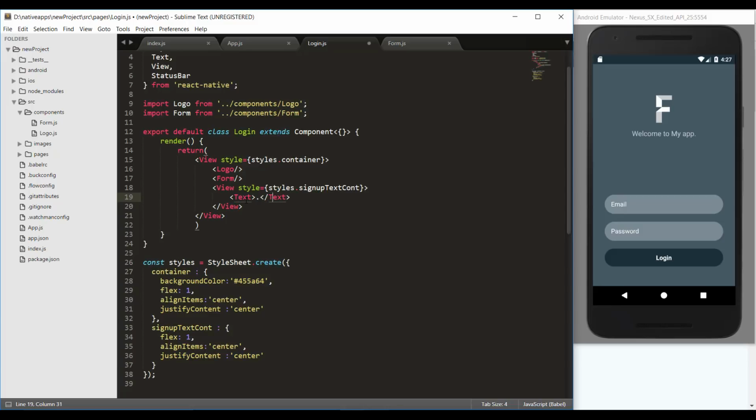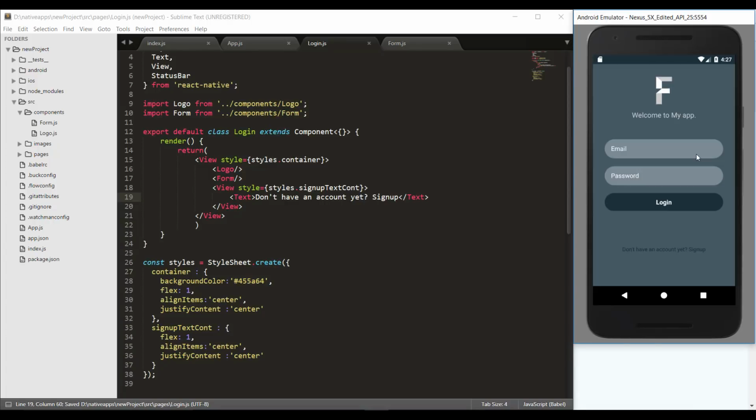Text. Instead of dot, we are going to write, don't have an account yet. Asking the question now. Go to the sign up page, save it, refresh it, and check it. Wow, this is beautiful. Now see, don't have an account yet is